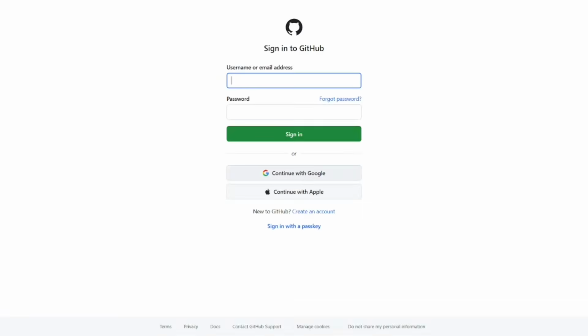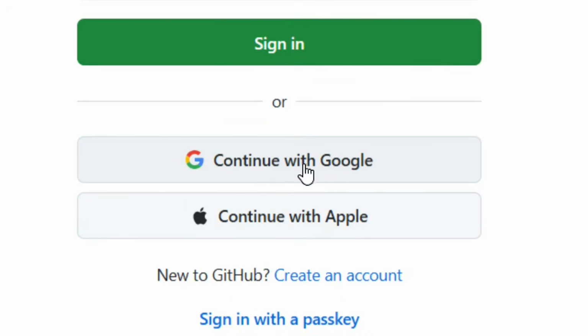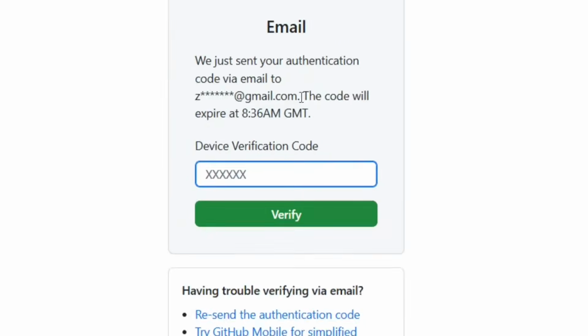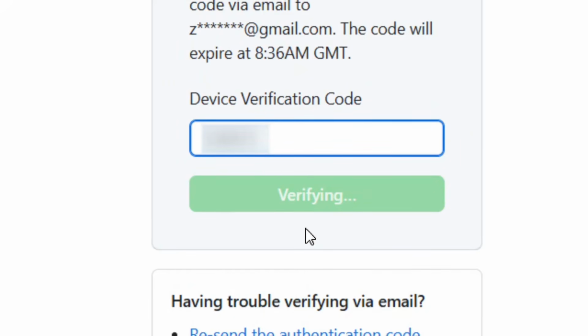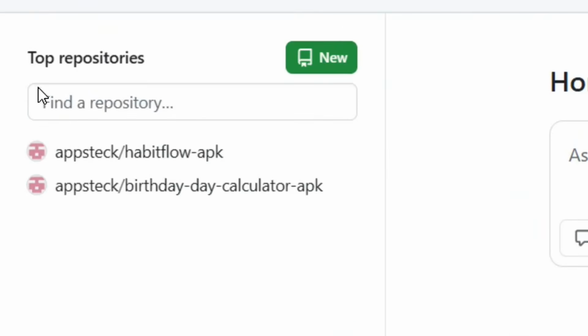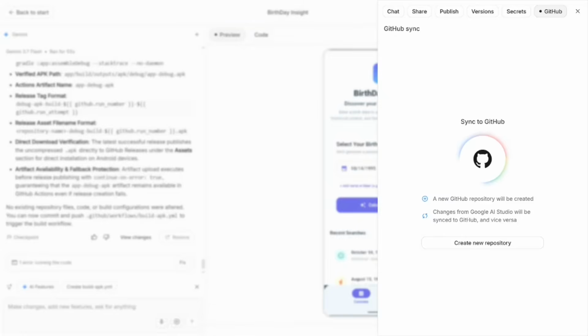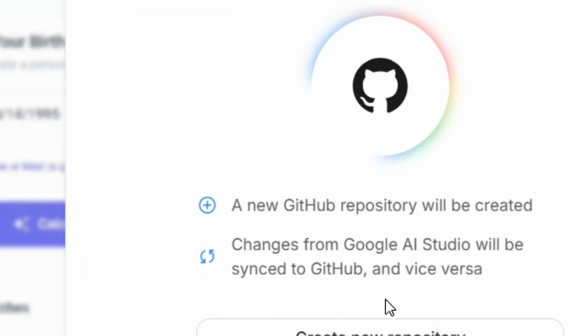And it's going to bring me right here where I can sign in with my Google account by clicking on continue with Google. They're going to send me a code inside my email. I'm going to copy it and then paste it right here. And I'll be logged right into my GitHub account. So now after logging into your GitHub account or signing up, simply come back to Google AI Studio,